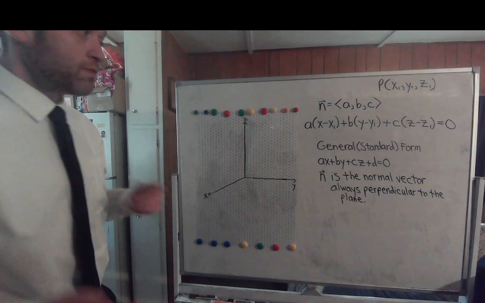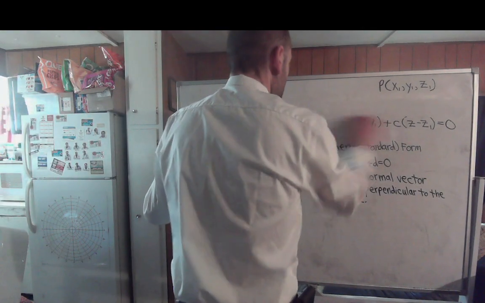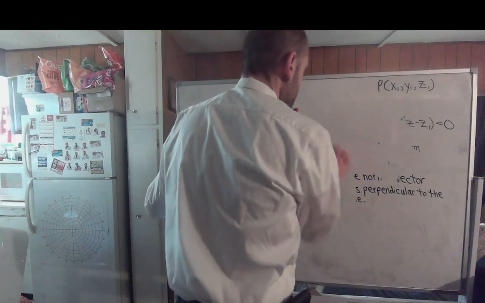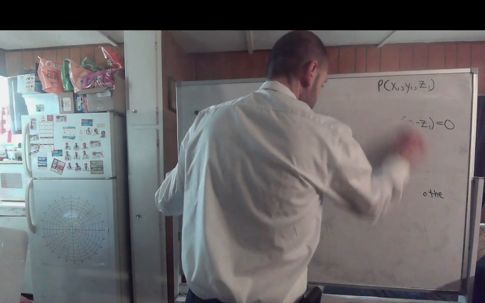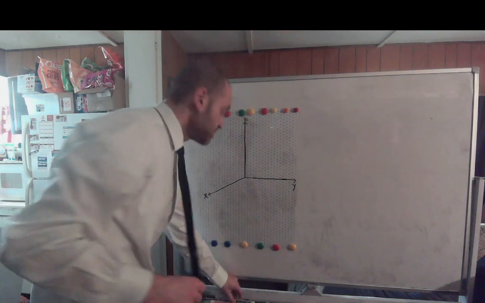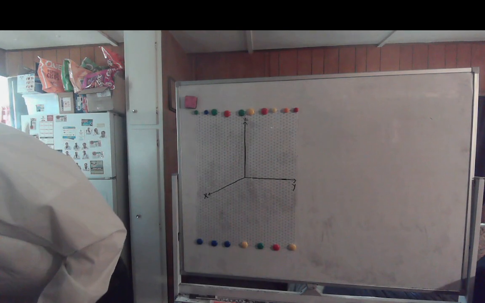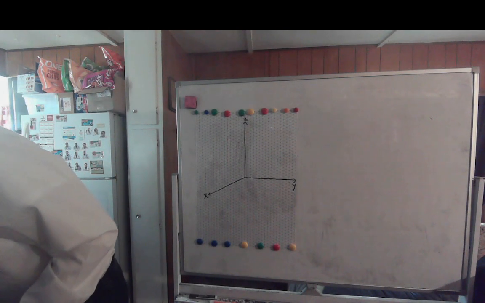So let's go over some of these examples here, where first the normal vector is given to us. I'm going to put up the wording of the problem also, so you have that. Alright, so